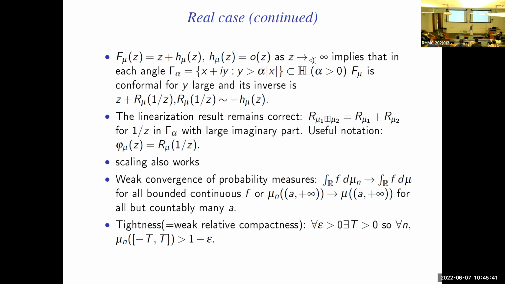Because the real line is not a compact topological space, Borel probability measures do not form a compact set. It's an unfortunate thing, you know, masses can go off to infinity, so to speak. And to make sure that you have a relatively compact set, you have to make sure that the masses don't appear at a great distance, right? So for mu n, for every epsilon there exists a t such that most of the mass of the measures in the family or in the sequence mu n is concentrated in the interval from minus t to t. Okay, so that's tightness.